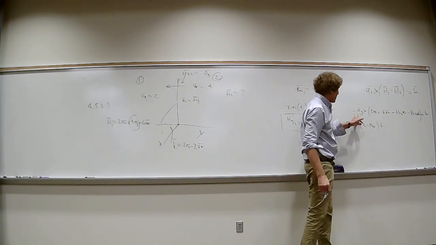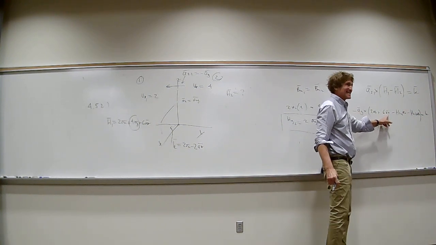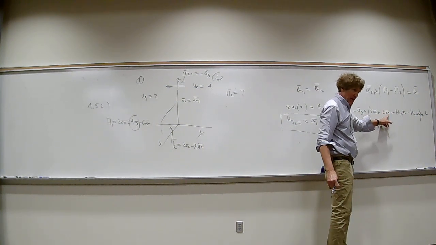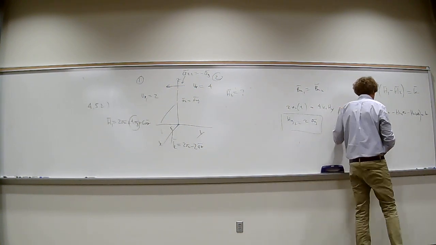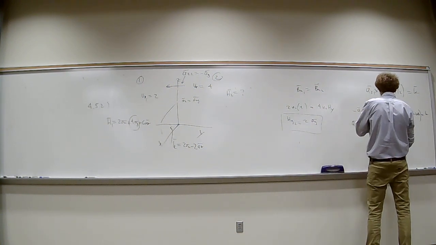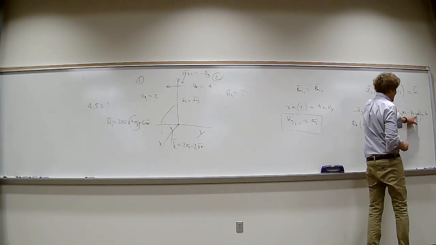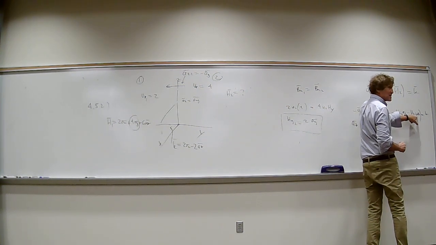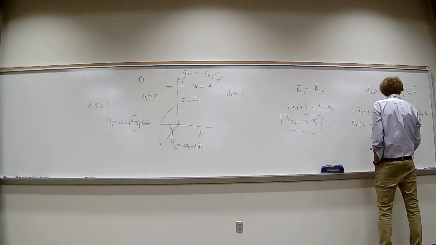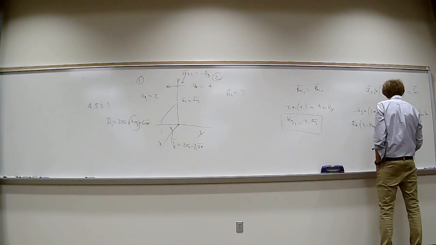Then I have a_y cross a_z, which is a_x, right? But there's a minus sign, so it's minus 6, and then a_y cross a_z will end up with a plus value here. Can you all see this, class? So it's going to be minus that plus H2z,